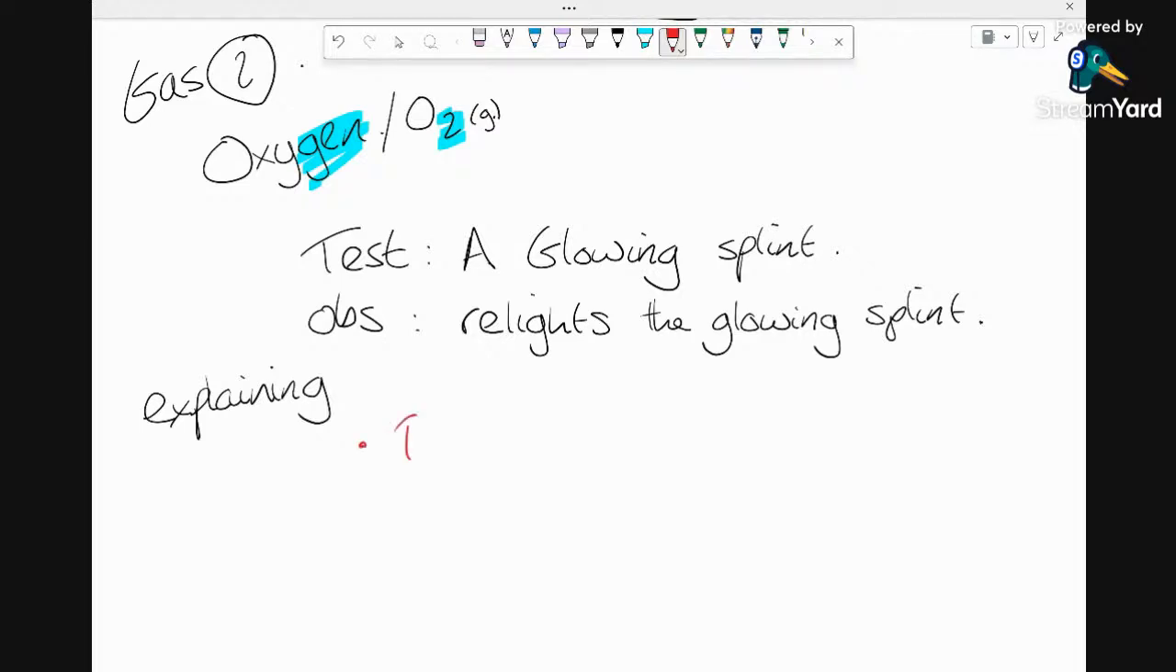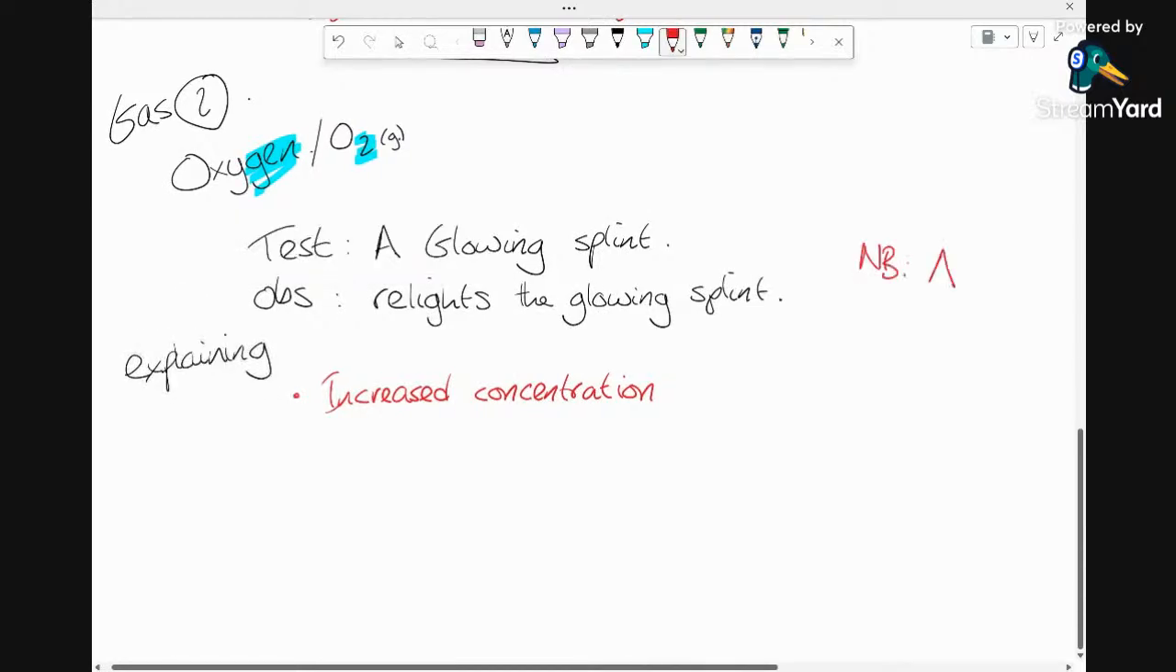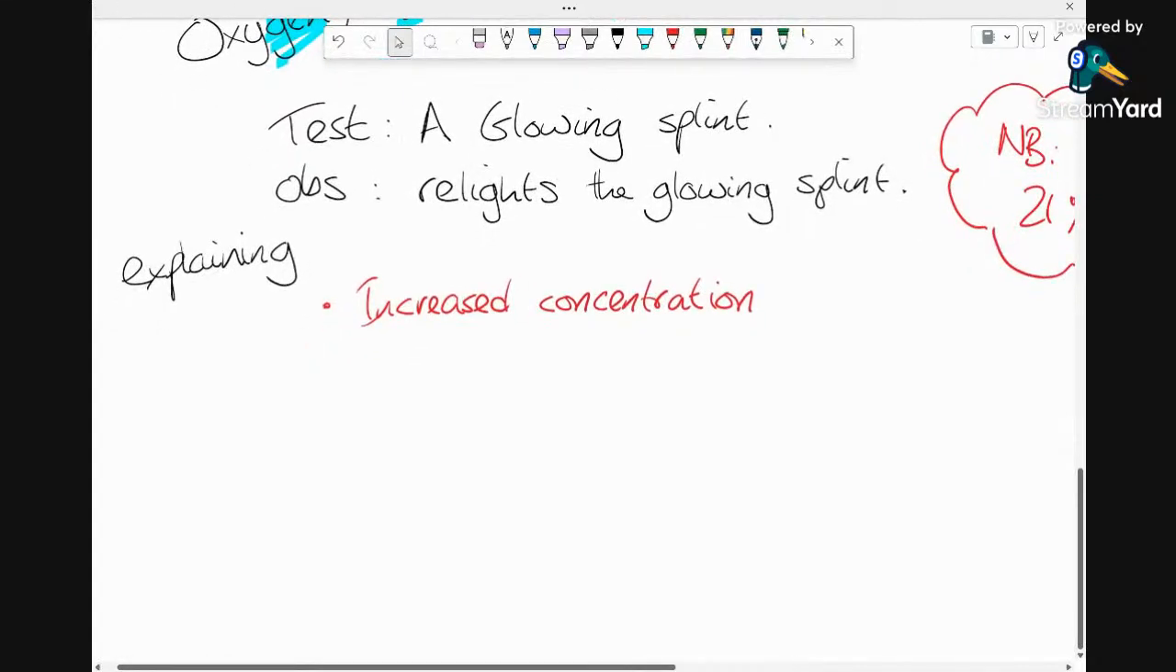So increased concentration. Now, this is important. Every time this question makes an appearance, students really stumble on it because in the air, we've got 21% of oxygen anyway. This is the nota bene really for this. In air, we know that we have 21% O2. So when you're testing for a pure gas, the explanation requires you to relate it to an increase in concentration. So increased concentration of oxygen gas,